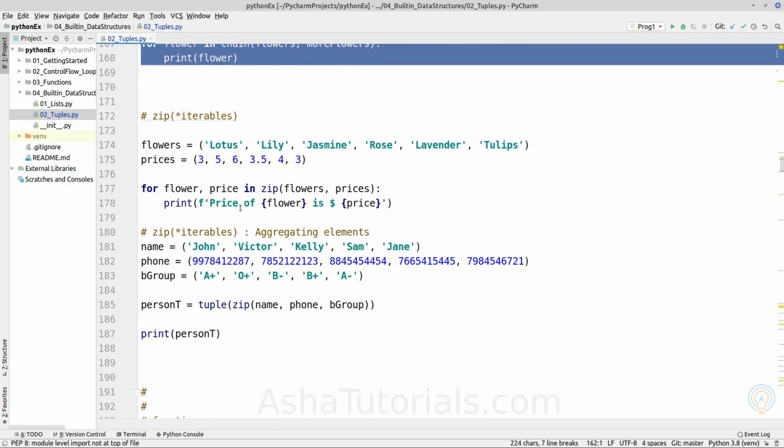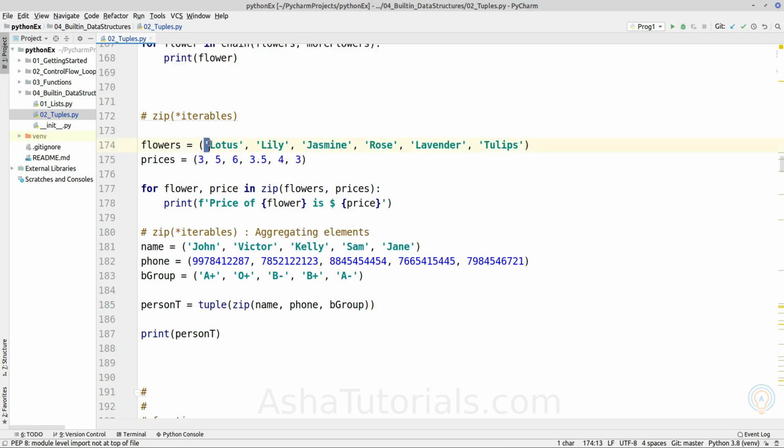Next method is zip. It takes multiple iterables, but it will iterate in parallel. It is the same as we have explained for the list object, so we will not go into details further. At each iteration it will return a tuple object containing the combination of elements at that particular index.